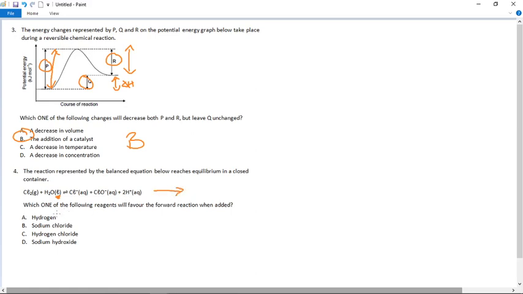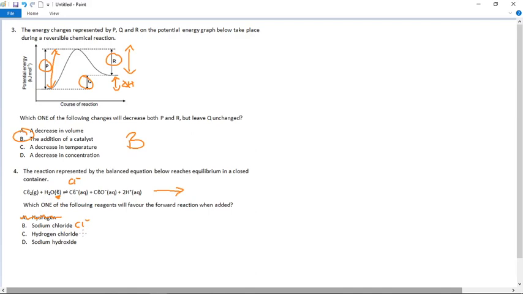Now it says here hydrogen. There's no hydrogen in this equation. There's a proton, but there's no hydrogen, so that's not going to do anything unless you count it as adding a gas. Sodium chloride will add chloride ions, but chloride ions are a product, so they will favor the reverse reaction. If you add them, the equilibrium will try to favor the reaction that removes the chloride ions, so it won't be that. If we add hydrogen chloride,